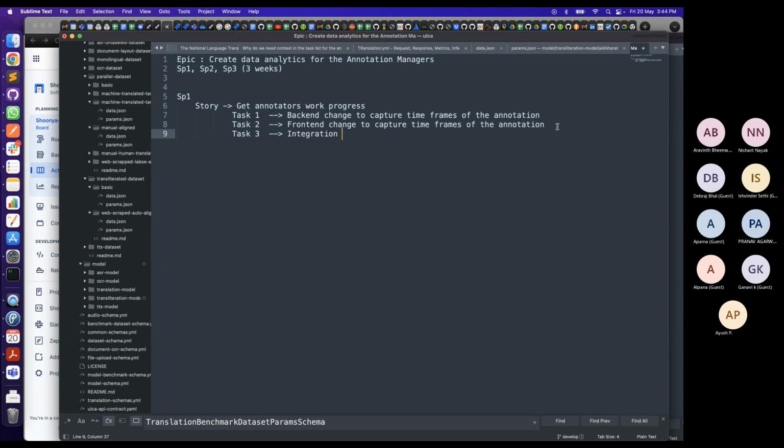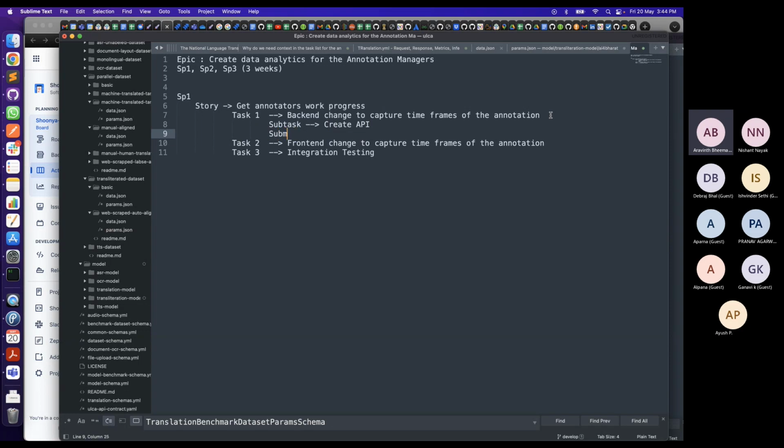Integration testing, right? Within a task, if you want to further subdivide it, you can create something called a subtask. This could be something like create API.